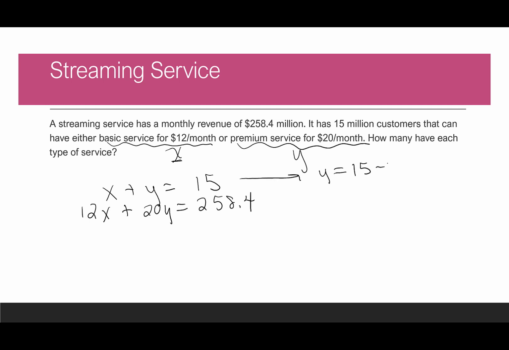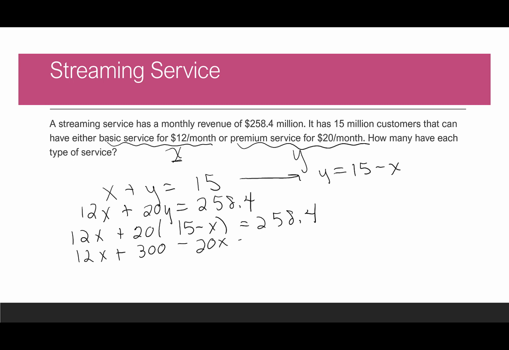Since I did addition the last time, let's do substitution this time, and maybe I say y is equal to 15 minus x. So I'll just rewrite it. So here's 12x plus 20 times 15 minus x is 258.4. So leave the 12x, then multiply. 20 times 15 is 300. 20 times negative x is negative 20x. I still have 258.4. I take 12, I subtract 20, that gives me negative 8x, plus 300 is 258.4,